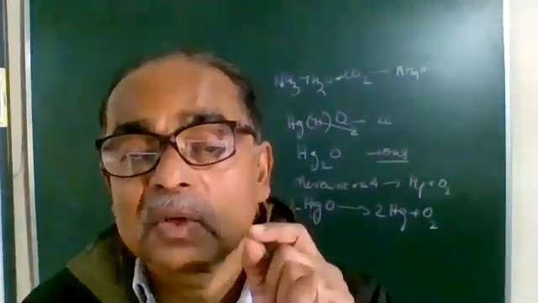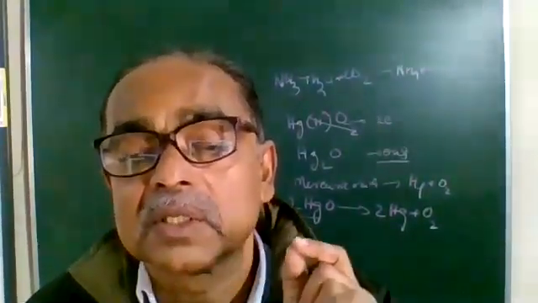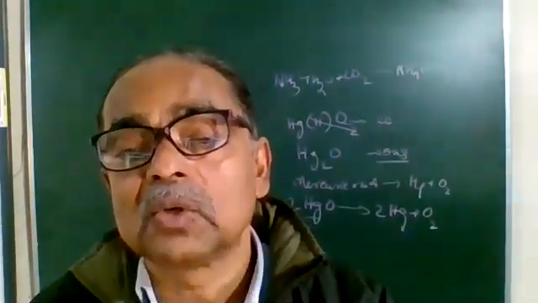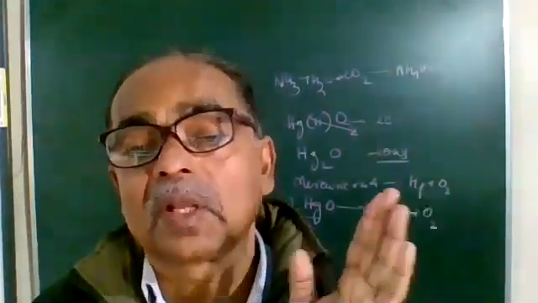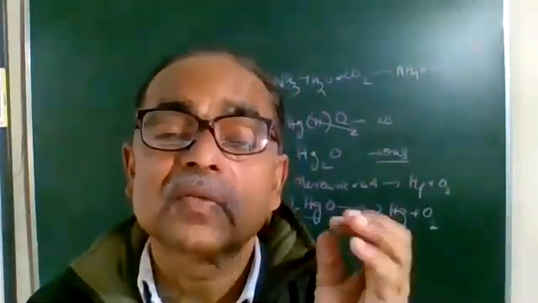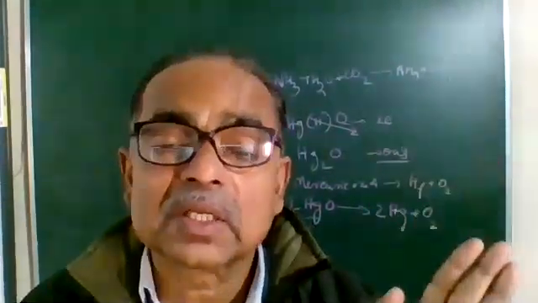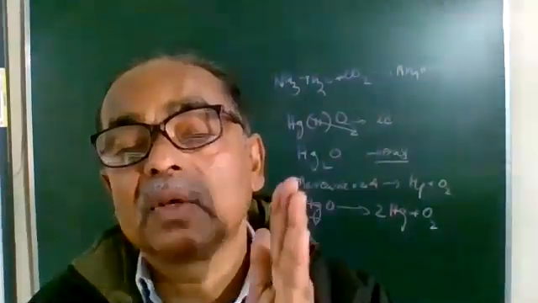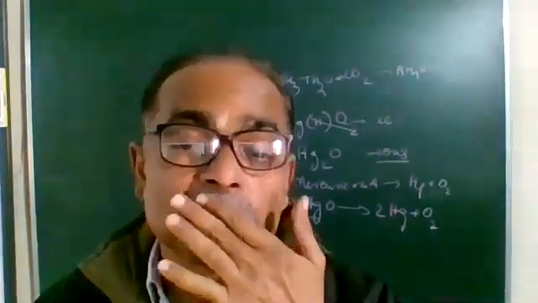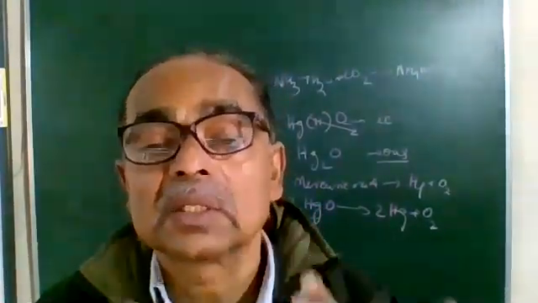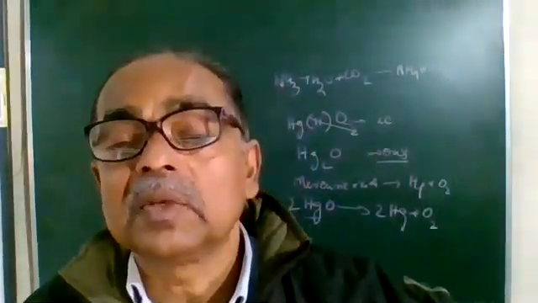Now, FeSO4.7H2O, we have studied it. The compound has color due to the presence of iron. Since it has 7H2O, due to the presence of water, ferrous sulfate is greenish in color, right? You heat that, the water of crystallization is lost and the green color is lost. Understood? And when that is further heated strongly, FeSO4 is decomposed and it forms Fe2O3 plus SO2 plus SO3. And what is Fe2O3? Rust. So what will be the color of rust? Reddish brown.